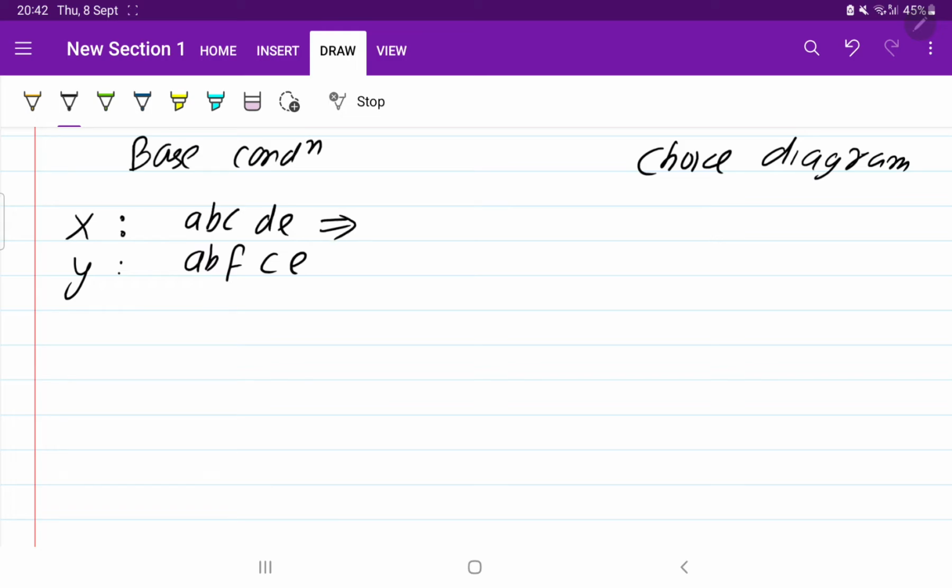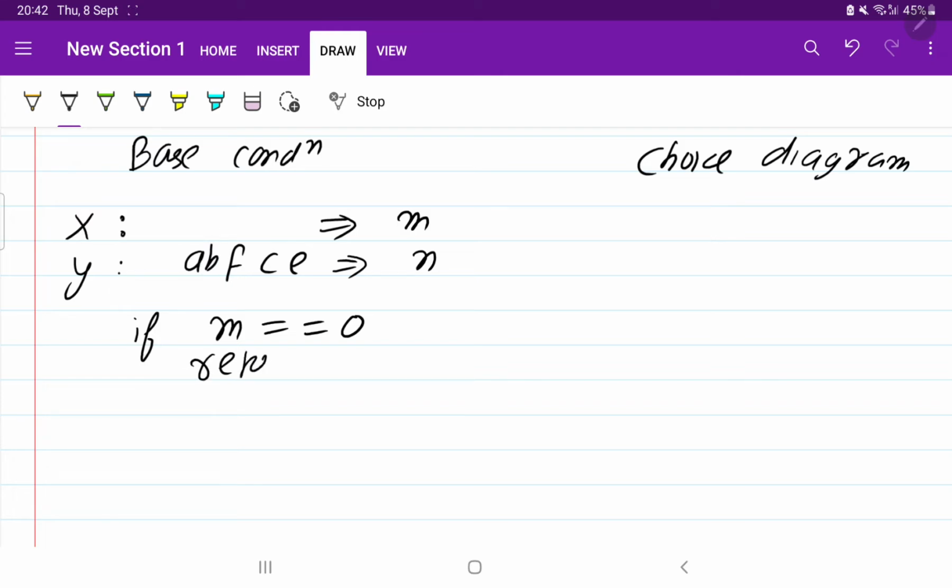Suppose the length of x is m and the length of the string y is n. If m equals 0, suppose there are no elements in the x string, so what will be the longest common substring? It will be 0, because if there are no elements to compare, how can you say that it is common in both the strings?